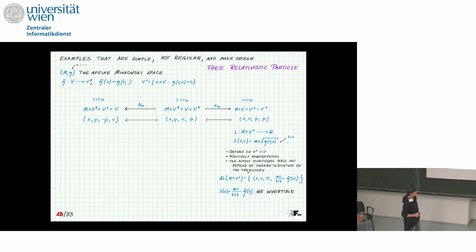Because this Lagrangian is positively homogeneous, which means that our action does not depend on the parametrization of the world line, which is good, because in relativity, what we are dealing with are the space-time trajectories, world lines, which need not be parameterized. Of course, if it is a time-like trajectory, we can parameterize it by the proper time,